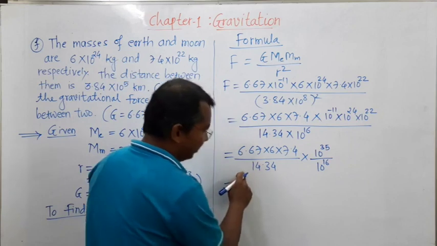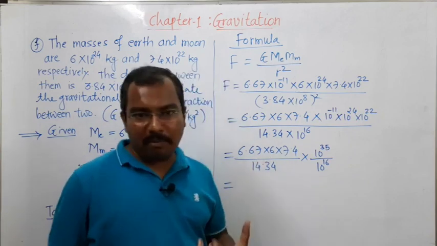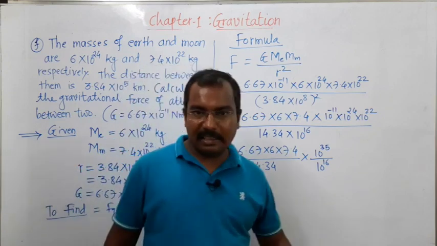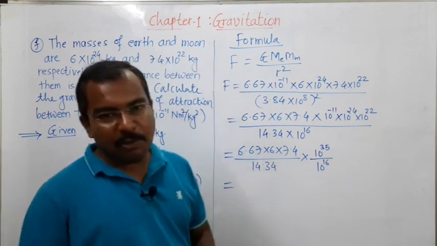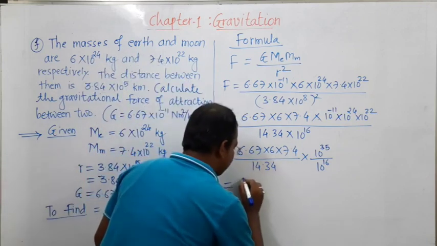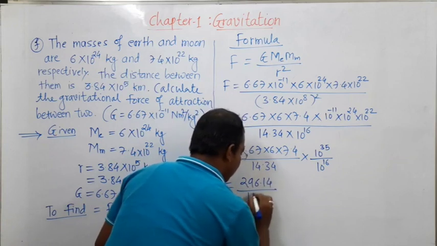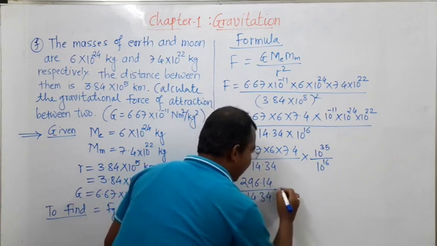The total product 6.67 into 6 into 7.4. The product of all these three numbers will be 296.14. I will write directly 296.14 divided by 14.34, and this will be